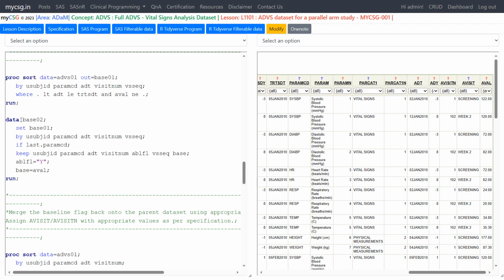So if we see here, we are creating base 02 using base 01. We are indicating to the data step that my data is sorted based on subject ID, param CD, ADT, visit num, and VSSEEK. So when there exists more than one record within a param CD, we know that the latest date value would be sorted at the last. So we are using if last.param CD